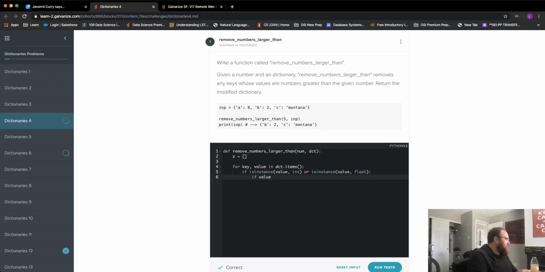If that value is greater than the number, then I want to go ahead and append it to my empty list. I called that list Z. I'm going to do something a little more descriptive. That's list.append. And I want to do this list.append with the string of k. And then what I need to do is